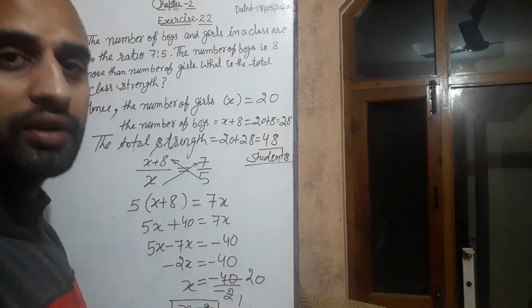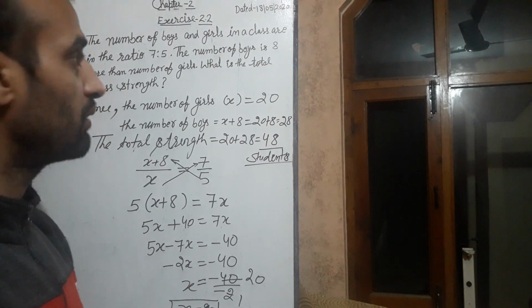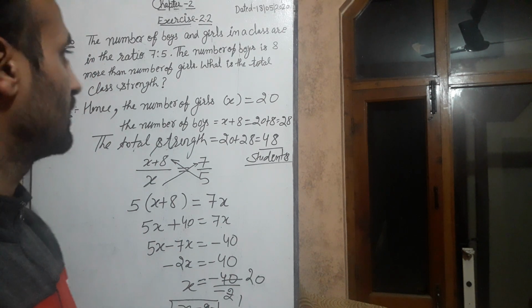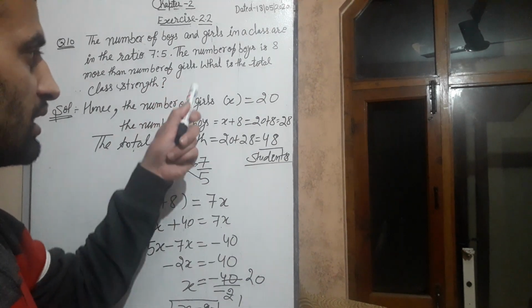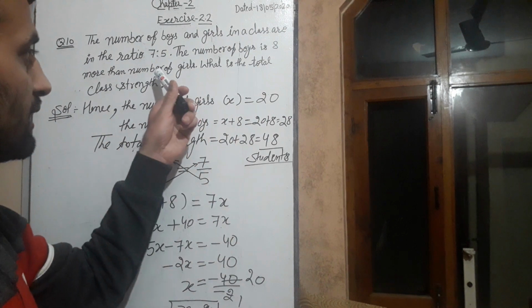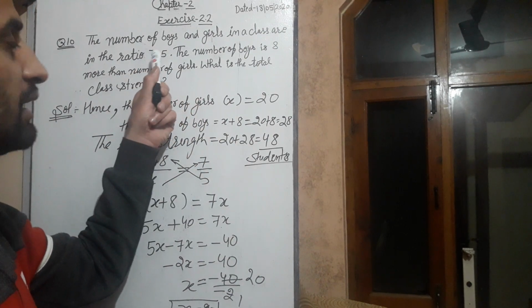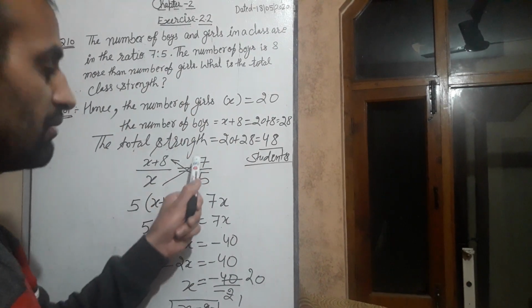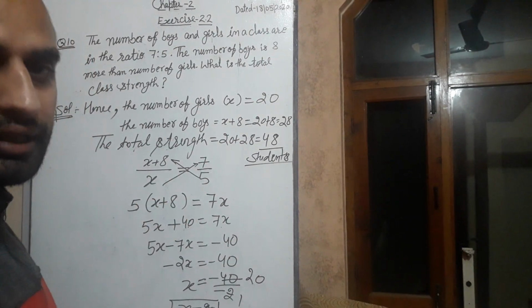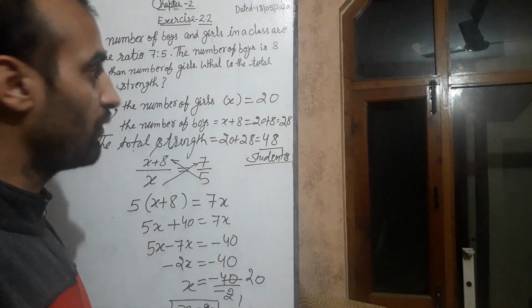In this way, whenever any question is given to you in the form of a ratio, then the first thing is to find out what is not given. In this case, girls are not given. I have started with the girls, then boys is 8 more, then add 8. Then next is, what is another information? That is in ratio. You can divide in the same way and calculate by cross multiply and solve it. You will get the answer.